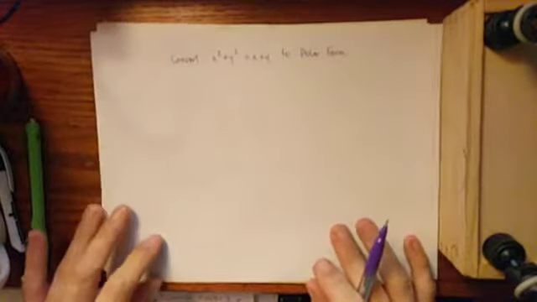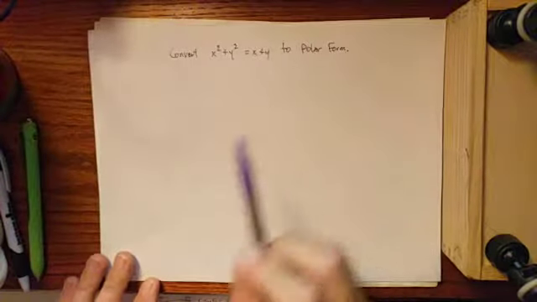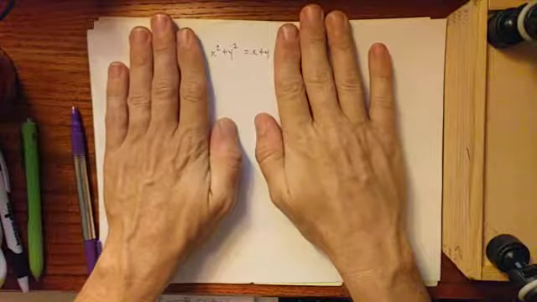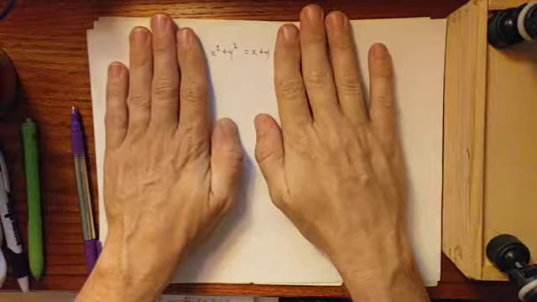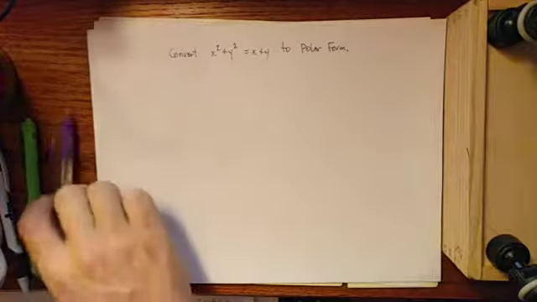And here's my first example. Convert x squared plus y squared equals x plus y to polar form. And you may be saying, whoa, I've never seen an equation that looks like that. What the heck is that if I graph it? Well, you can